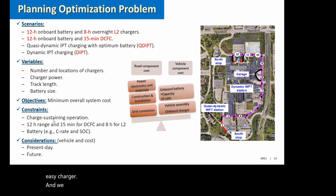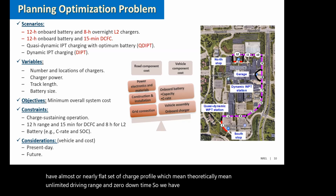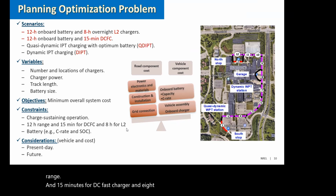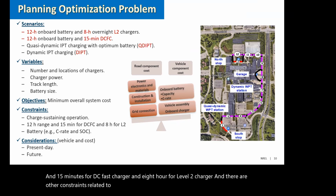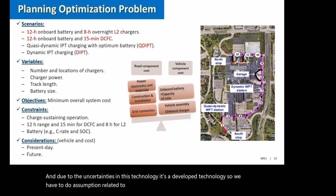And we have some constraints related to charge sustaining. Charge sustaining means having an almost flat state of charge profile, which theoretically means unlimited driving range and zero downtime. So we have this objective or constraint for en route charging technology. However, we cannot achieve this constraint for stationary technology. So our constraint for stationary technology is to have a 12-hour range, and 15 minutes for the DC fast charger and 8 hours for the level 2 charger. And there are other constraints related to battery technology, like C-rate limit and state of charge. And due to the uncertainties in this technology, since it's a developing technology,